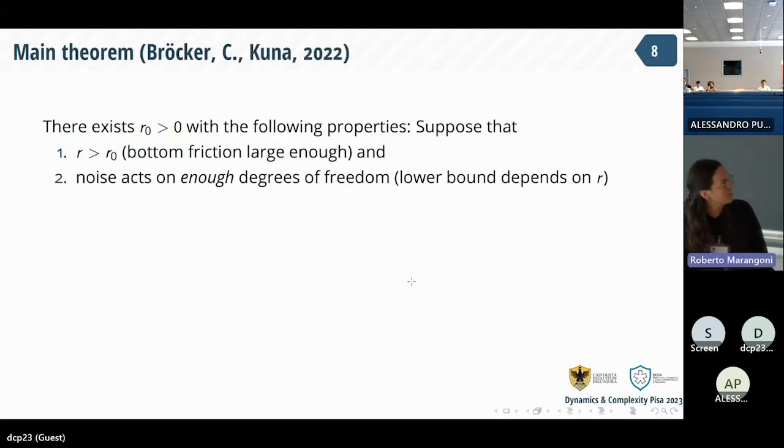So let me jump to the result. The result is that we can find a critical R0. I remind you, R is the parameter that we have on the friction, the interaction of the lower layer with the boundary layer or orography, something like this. And if we take bottom frictions that are larger than this R0, so in a sense large enough, and the noise that I mentioned before is acting on enough degrees of freedom, always on the first layer, but on enough degrees of freedom,